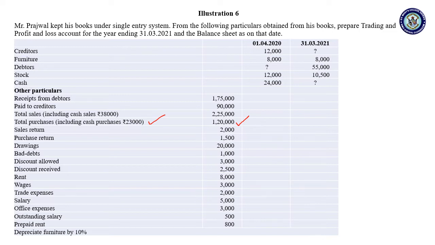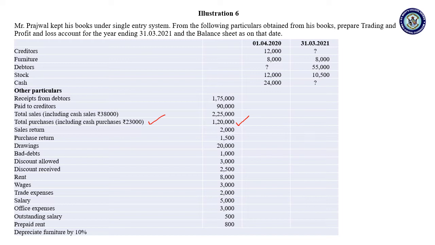Now you have to pass journal entry for both. Now journal entry for cash purchase. When you purchase the goods on cash basis, you will make the payment. Correct? You have to make the payment. So cash goes out. So the journal entry will be purchase account debit to cash account. So take down purchase account debit to cash account.